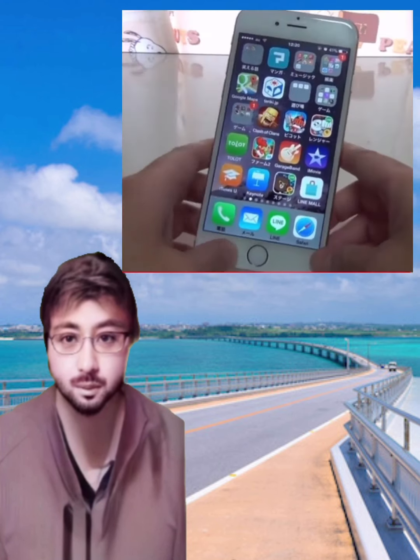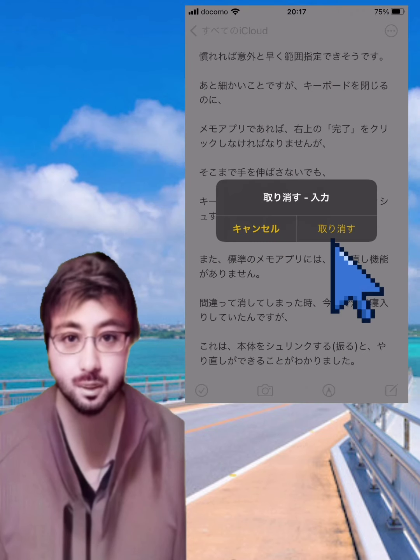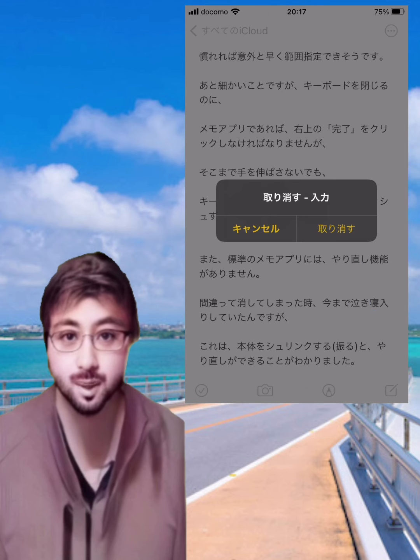It turns out that this can be redone by shaking the body. Until now, I've tried various Memo apps because I wanted the redo function, but if I knew it from the beginning, I didn't have to have such a hard time. Laughs. Also, I wanted to make a text file, extension .txt, in order to send the memo written by the Memo application to the PC. I found that this is also easy to do.